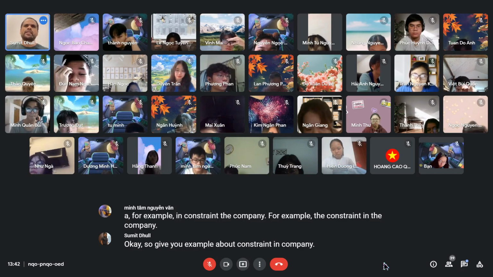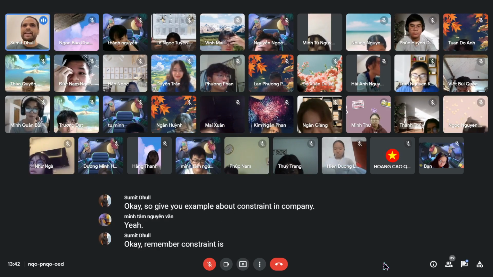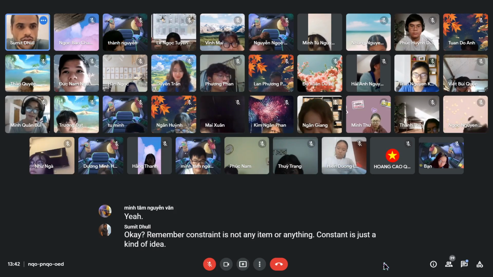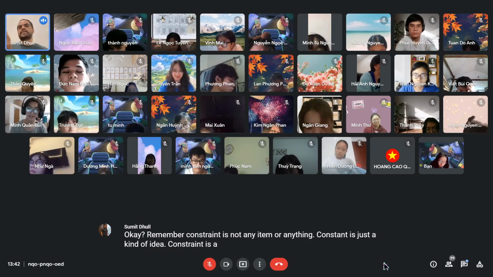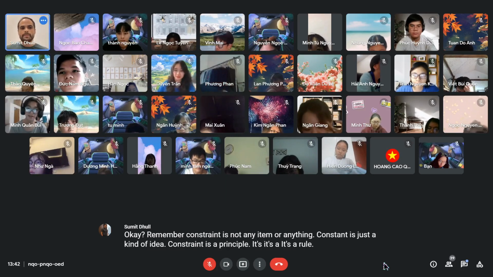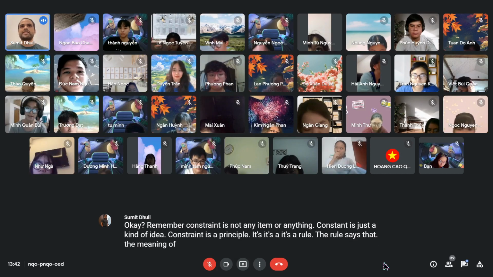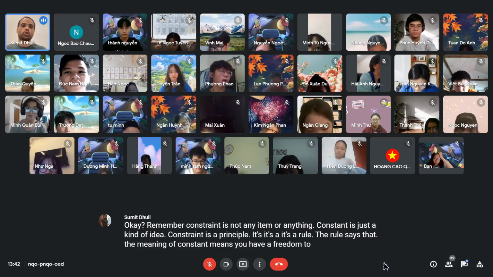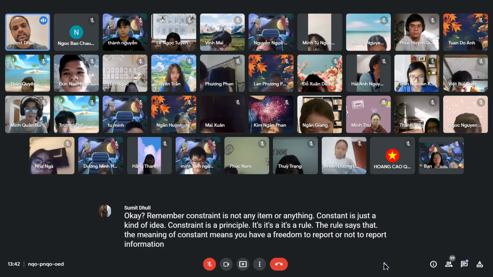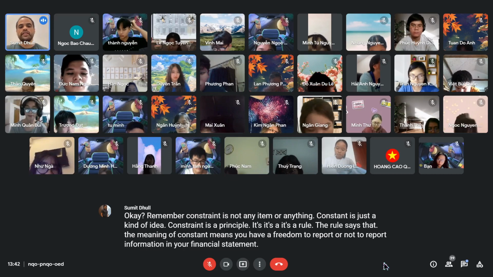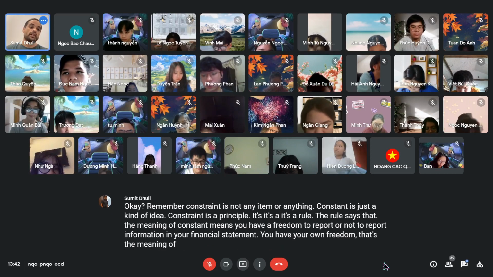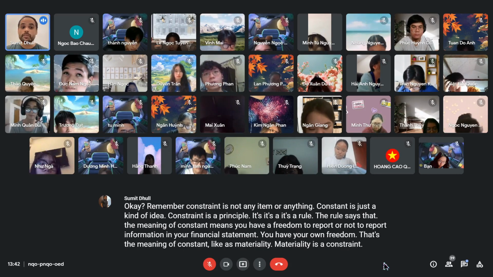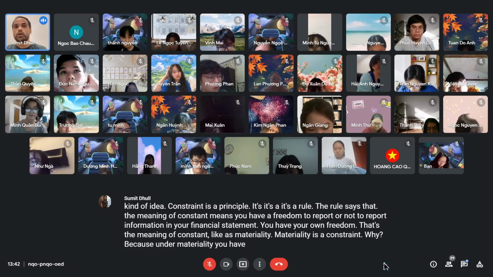Yes. Remember, constraint is not any item or anything. Constraint is just a kind of idea. Constraint is a principle. It's a rule. The rule says that the meaning of constraint is you have the freedom to report or not to report information in your financial statement. You have your own freedom. That's the meaning of constraint. Like materiality. Materiality is a constraint. Why? Because under materiality, you have the freedom to